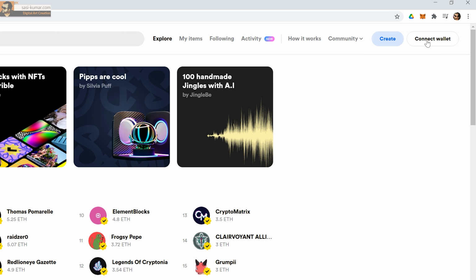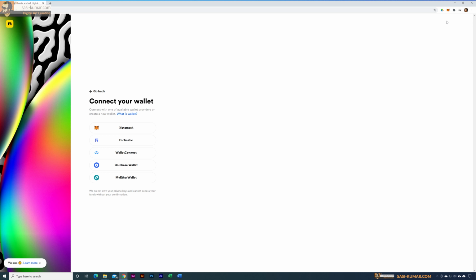To connect to the wallet is really easy. Just, you guys can see in here, connect to wallet, click on it. Once you click, it will go to this page. In here you have different types of wallets, MetaMask and other wallets. Even Coinbase wallet you can connect straight away. If you are using MetaMask, just click on the first link in here. If you are using any of these below wallets, you can do the same for your wallet as well.